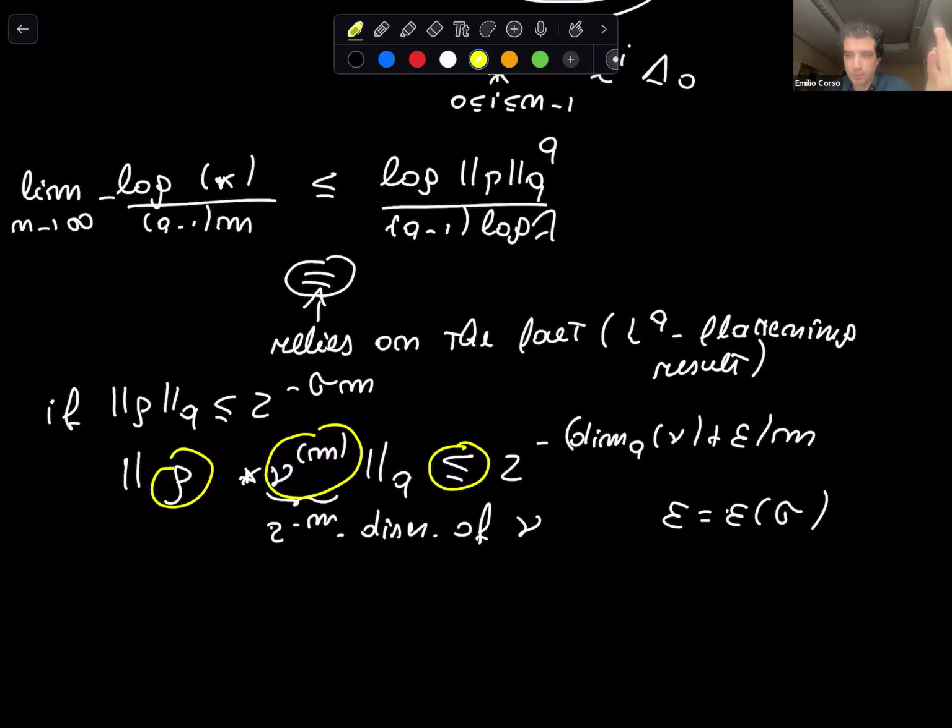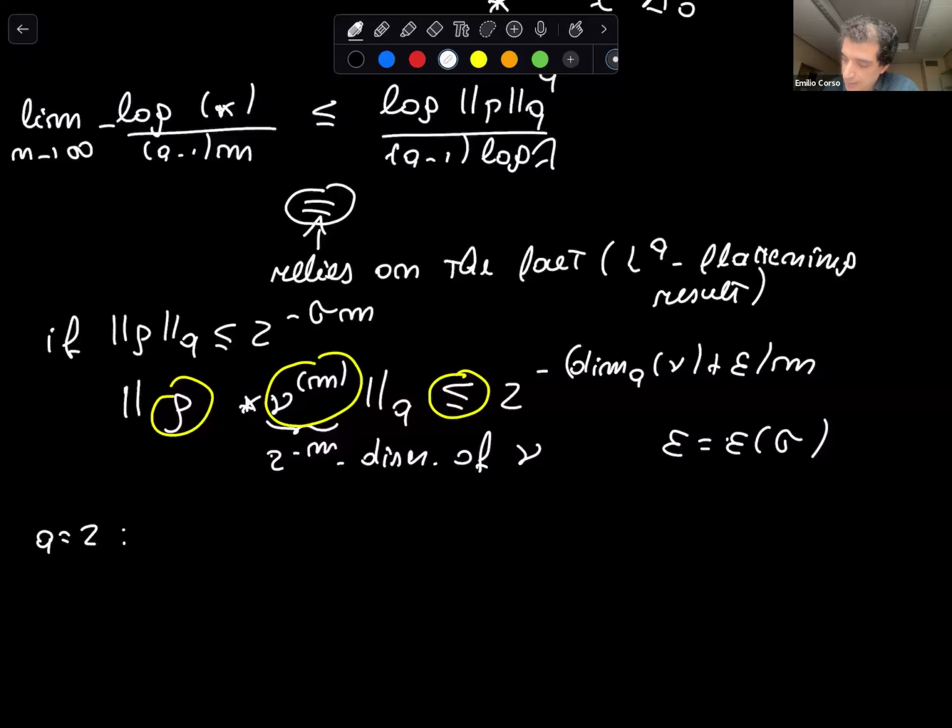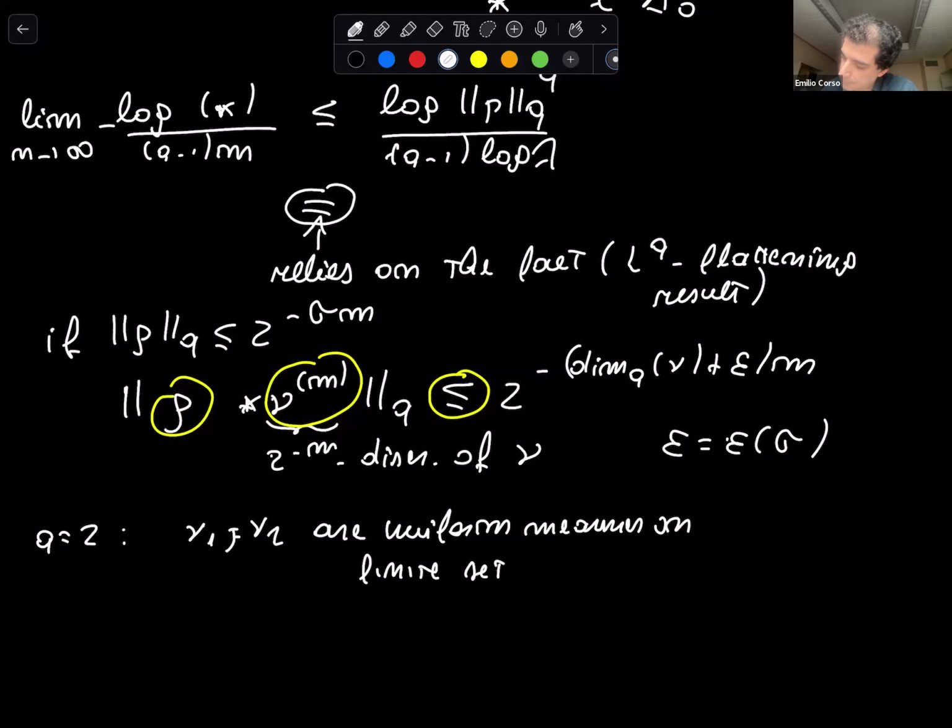And at each scale, either you have that rho is almost Dirac, or the other factor is almost the uniform measure. And again, if you look at the case q equal to 2 of this statement that I just said verbally, and if you look at discrete measures nu1 and nu2, which are uniform measures on finite sets A and B, then the inverse theorem is precisely a reformulation of the Balog-Szemerédi-Gowers theorem in additive combinatorics